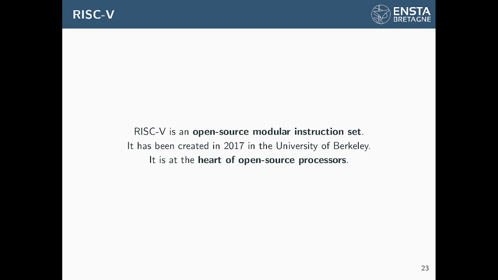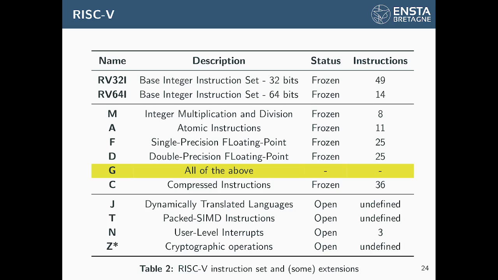In order to do so, you need an ISA that's extensible. So I'll talk about RISC-V, which is an open source modular instruction set. It was created in 2017, and it is at the heart of open source processors. So what does that mean? This means that